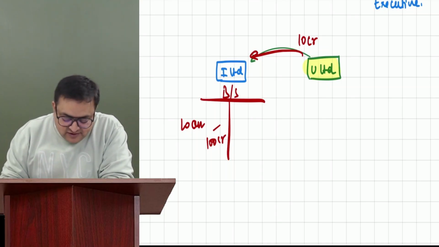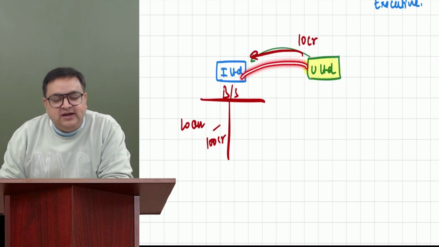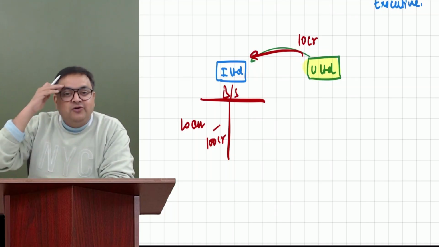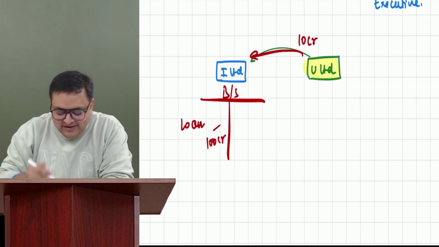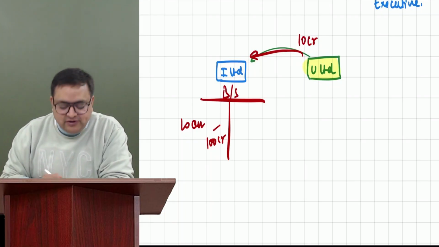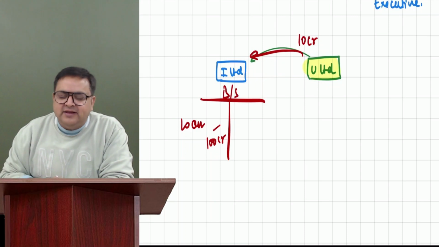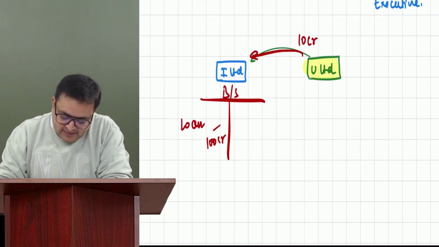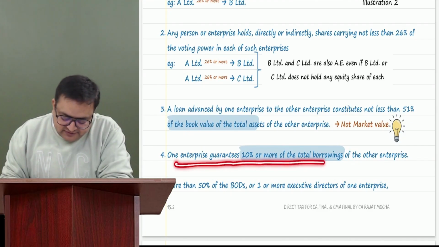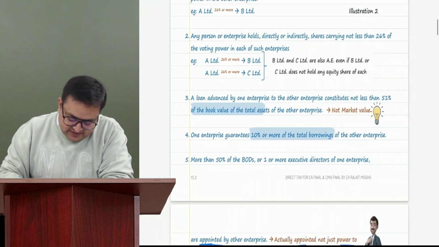So in this case, why have they given such a huge guarantee of 10% or more? There might be some hidden control which we are not able to see with our naked eyes. That is also one of the points that make you both associated enterprises. Again, an important point for you. Everybody is understanding it? So one enterprise guarantees 10% or more of the total borrowings of the other enterprise. Next is